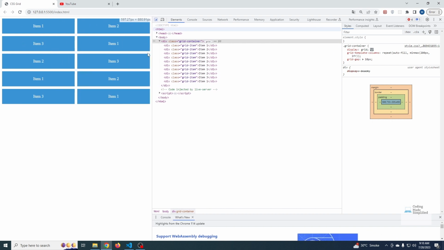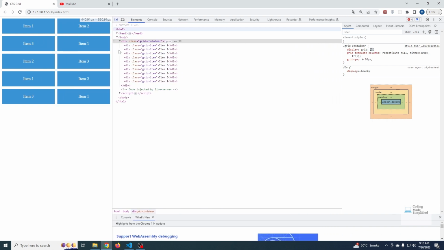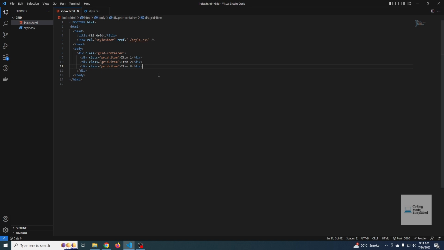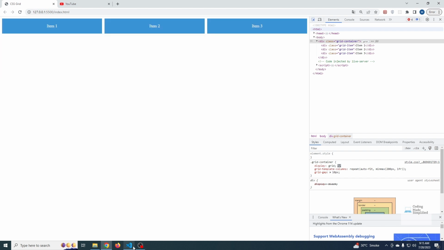but I will give you an example in which we can see how these two properties are different from each other. Now in order to show the difference between auto-fit and auto-fill, I have removed some of my grid items, and now you can see that there are only three grid items in this grid container. So now if we go to our web page, you can see what auto-fit is trying to do: it is trying to make as many columns as it can using this criteria which we have defined here